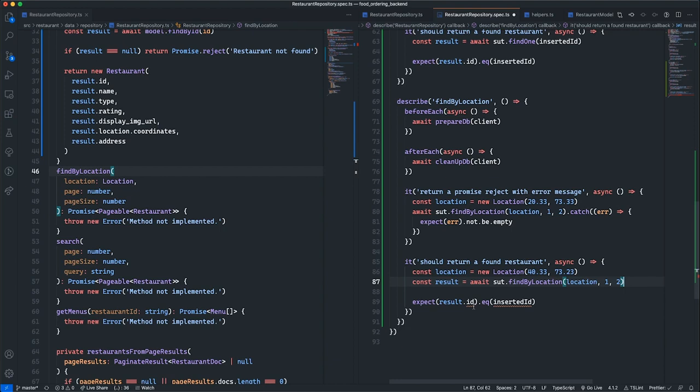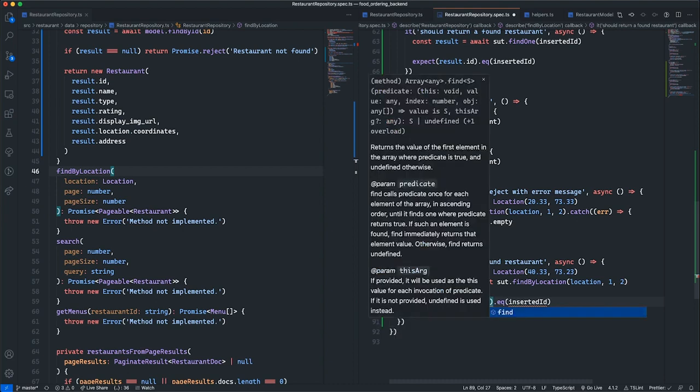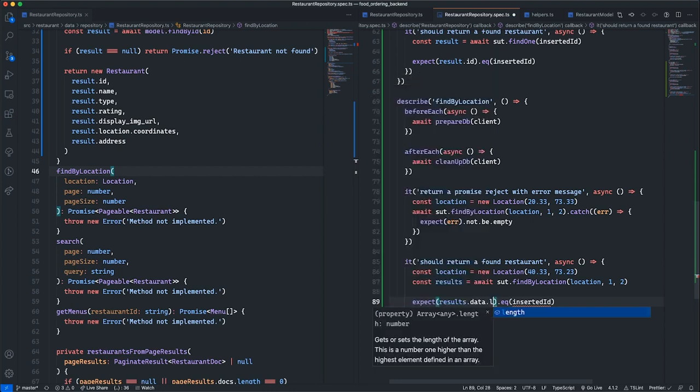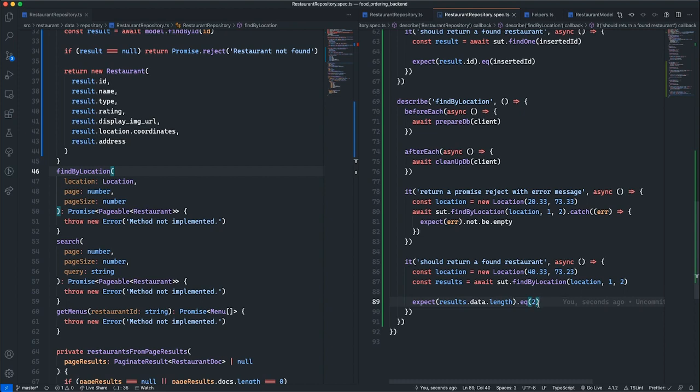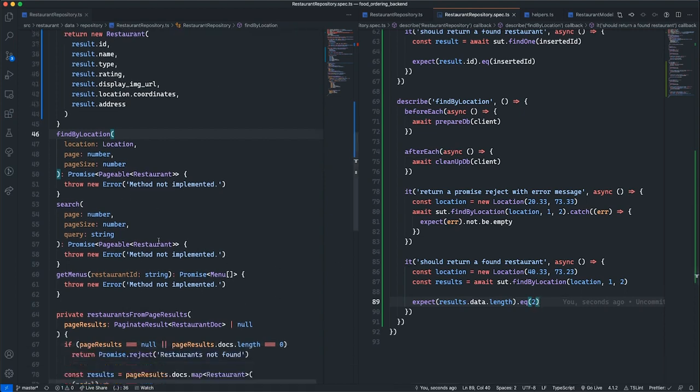And now I am expecting that the result, I'm gonna skip to overall results data, since it's returning a pageable length, and I'm gonna say the length should be 2, since I have multiple restaurants in that location. So now